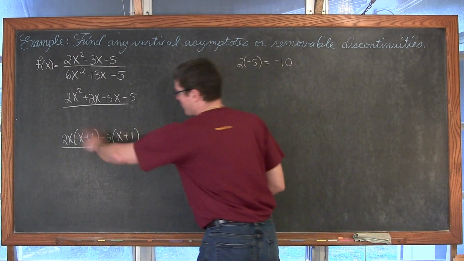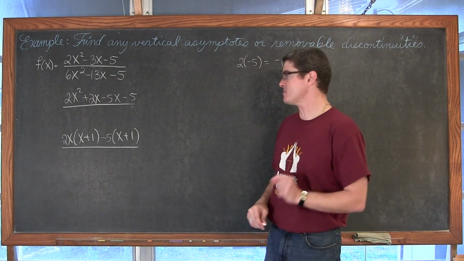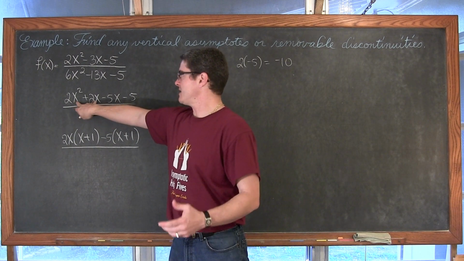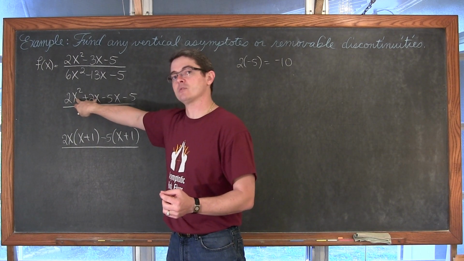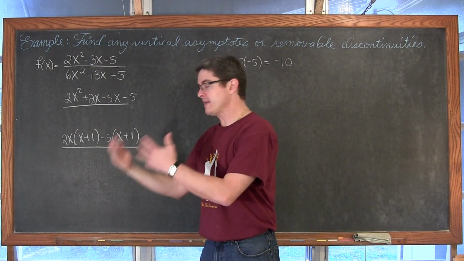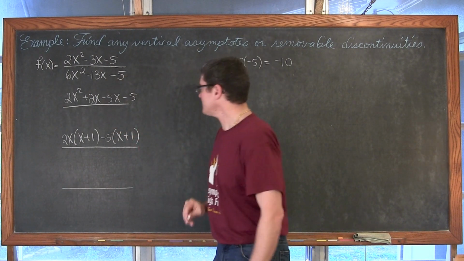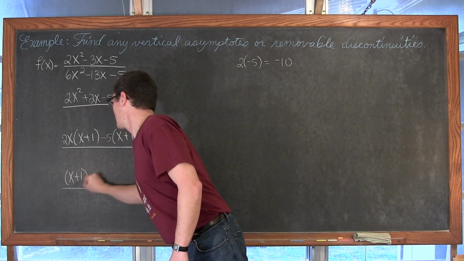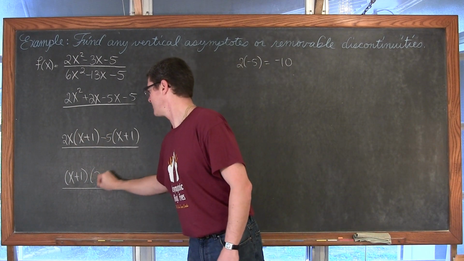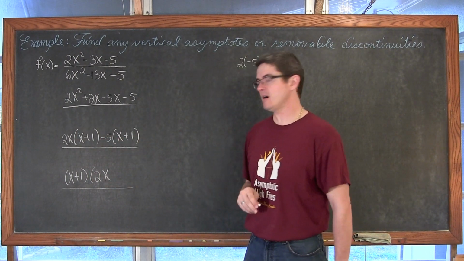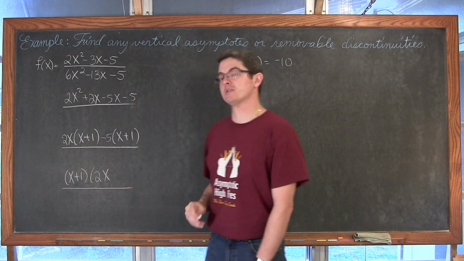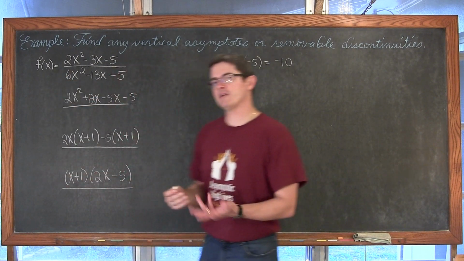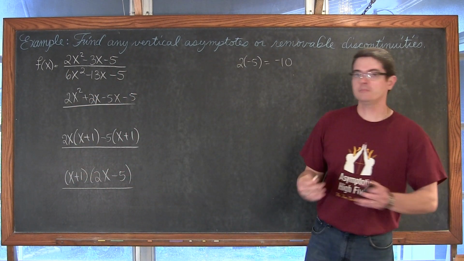Now, my numerator has two terms in it, and both of those terms have a common factor of x plus 1. So, like I did in my two parts here where I factored out a common factor of the first two and last two terms, if I repeat that again, we get 2x divided by x plus 1, our common factor is going to be just 2x. And negative 5 times x plus 1 divided by x plus 1 is just going to leave us with negative 5. And these are all, of course, our f of x function that we're trying to simplify.